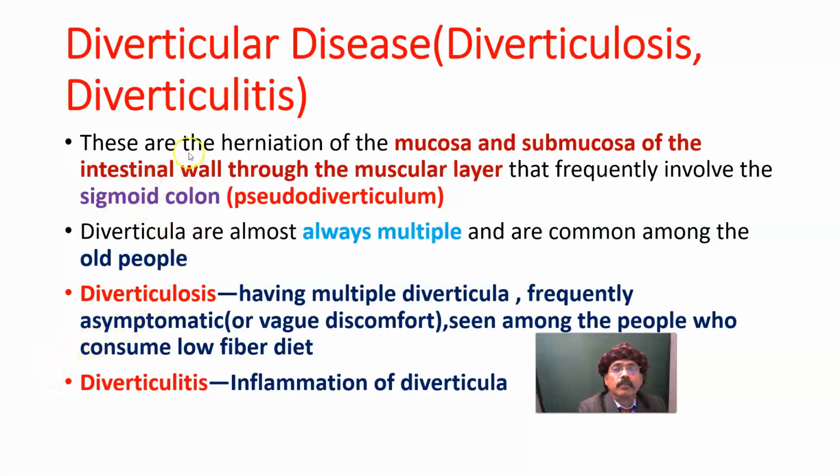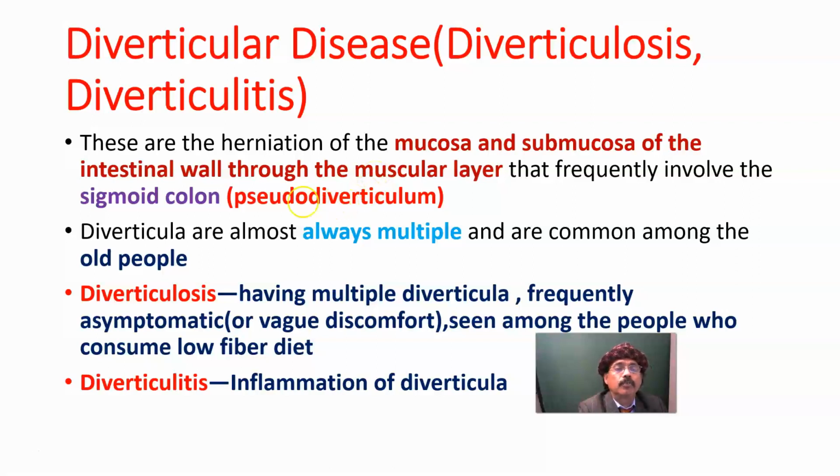This disease is characterized by diverticula. Diverticula are herniations of the mucosa and submucosa of the intestinal wall through the muscular layer that frequently involve the sigmoid colon. These are not true diverticula, these are pseudodiverticula, because it is the protrusion of mucosa and submucosa through the muscular layer. So all the layers of the intestine are not covering the